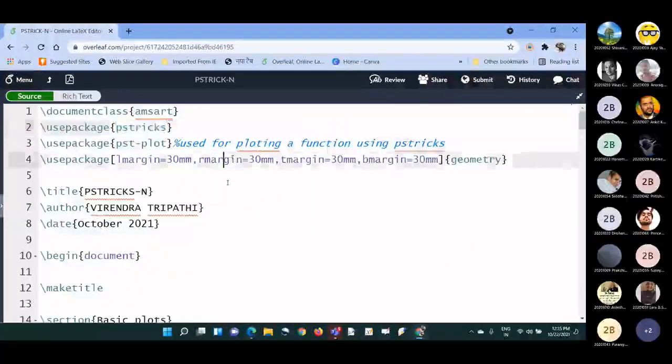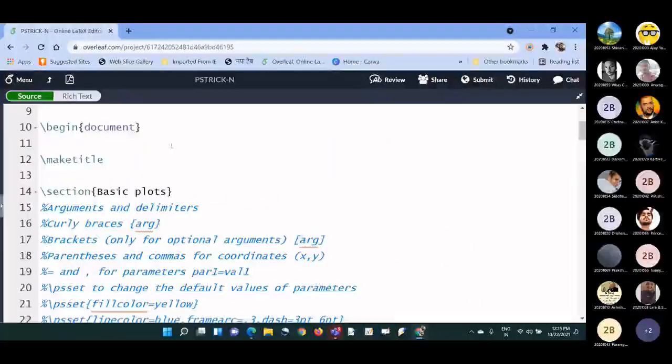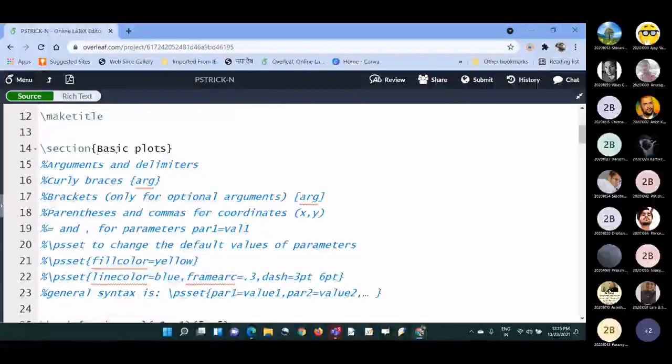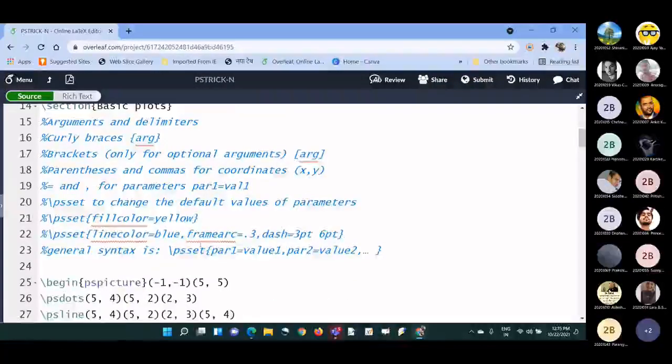Let us see how we can proceed. So in the first section I have made basic plots. There are so many things I have written in comments. The first thing is arguments and delimiters, that I have told you earlier in a basic document class.